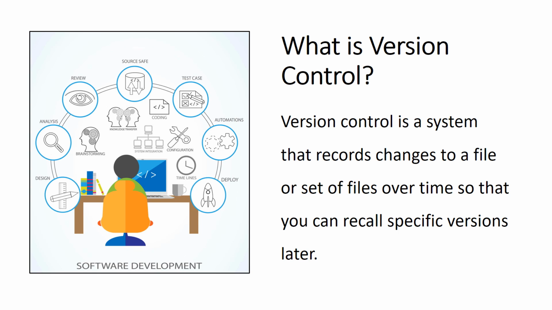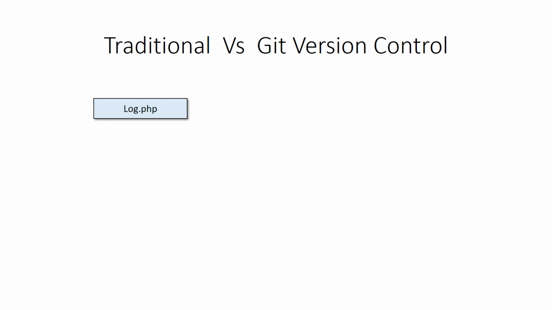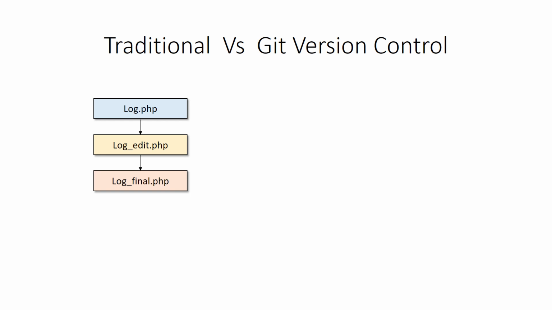I'm going to give you an example of the old traditional version control versus the Git version control that we're going to discuss in this course. In the traditional version control, for example, we have a file called log.php. That is a file that we create. It's not in production, it is in development mode. Then we need to update the feature. After we update the feature, it becomes log_edit.php. After we add the feature, our manager likes it and says, okay, go ahead and deploy it to production. Before we deploy it, we create a file that becomes